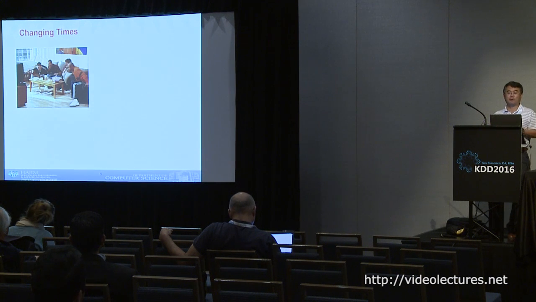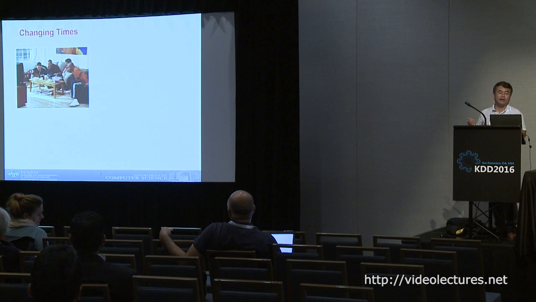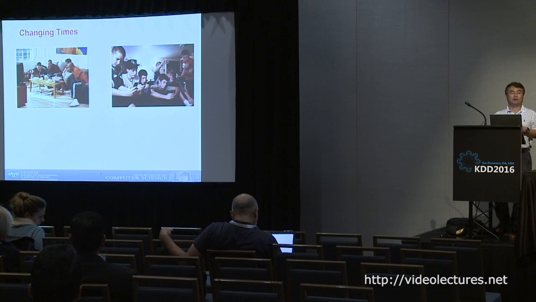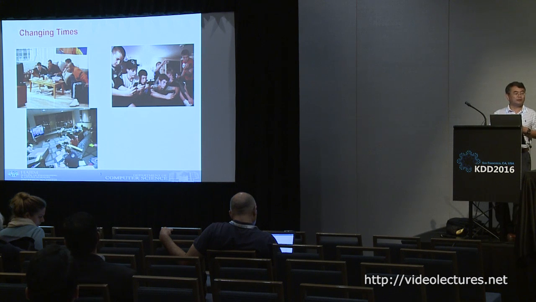Just to start with some background about how social media has become. This is how people used to watch TV. People gather in front of the TV, and you can tell from the image they are watching a football game. And this is how people watch TV today. You can see the huge difference. Now they are not looking at one screen. In fact, they are looking at at least 2 screens. The TV is there, but each one is looking at their phone and doing something. What are they doing? Social networking.